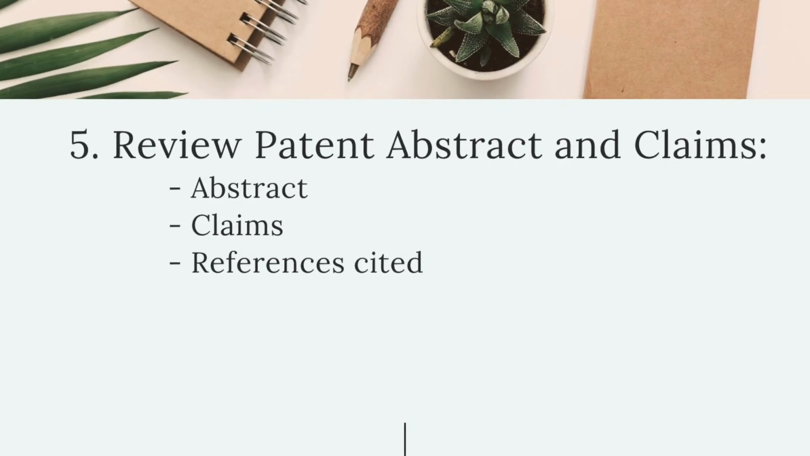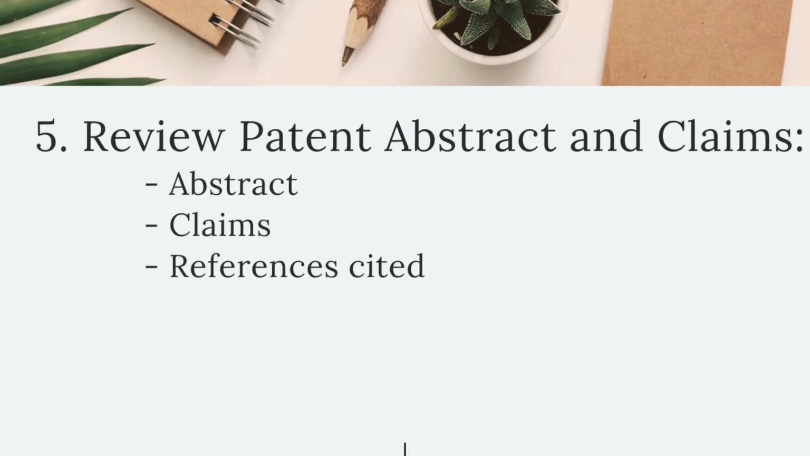In step 5, you're going to conduct a more thorough, in-depth search of the patents that are closest to your innovative concept. You're going to look at the front page. The USPTO recommends that you only look at the front page and the abstract. I say you look at the claims. The claims is where